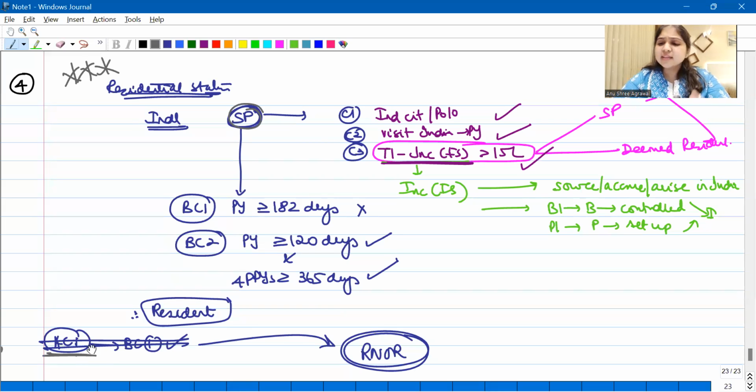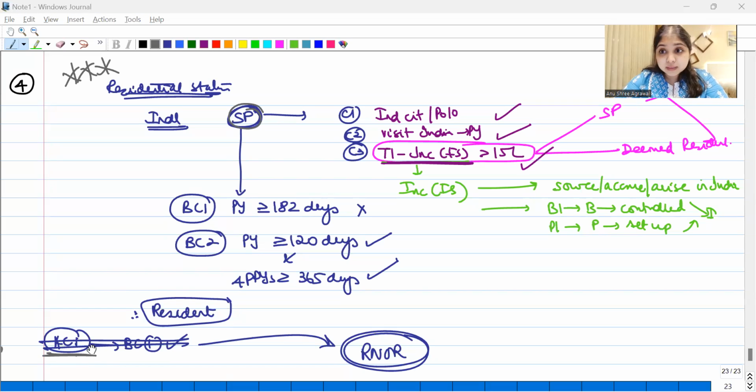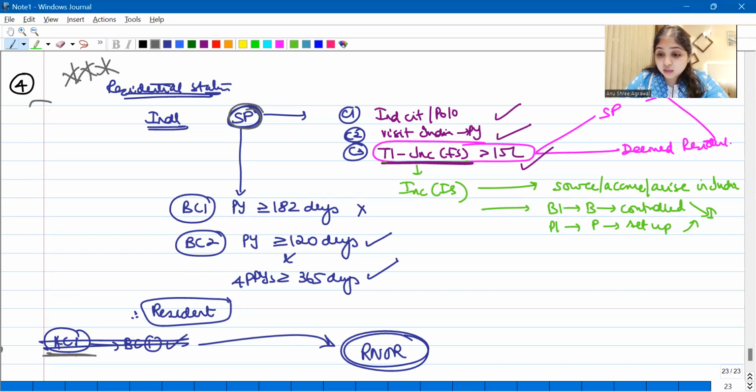Yes, guys. Yes, some of you might have a different method of doing residential status calculations. You can do this same question from your own method also. You should be getting the same answer only. Yes, there are multiple methods in which residential status can be calculated. So whatever method you have learned, you can follow that. Even you should be getting the same answer.